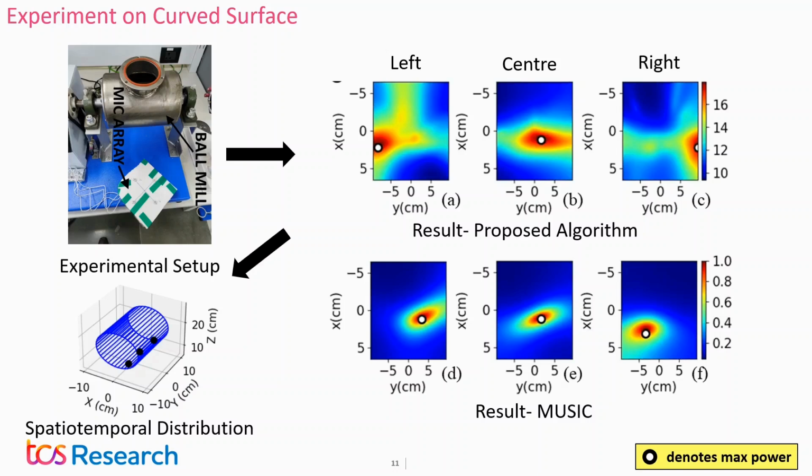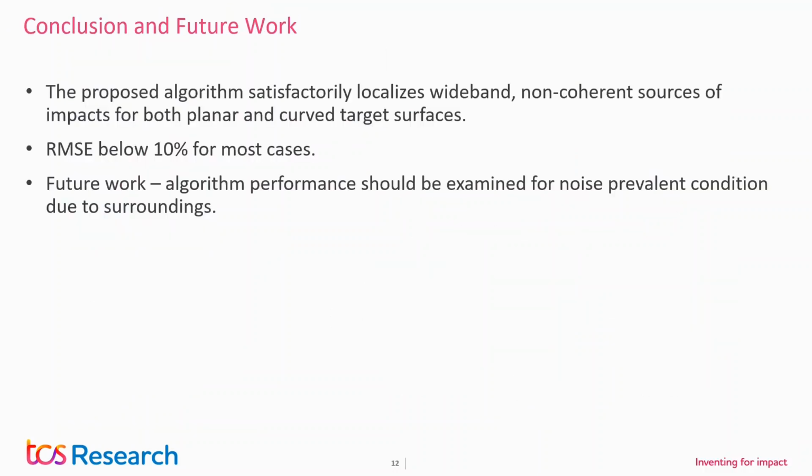Again, these are not absolute values in nature, meaning I am not able to say at what X and Y those impacts happen, but definitely a relative position we can tell. And from that, the software could give you an image sort of this. Since you know the geometry of the target, you can find these sort of hotspots, right? And if you collect the data for like 6 months, you will know which area is prone to breakage than others. So this was the conclusion, and this is, in a nutshell, the proposed algorithm.